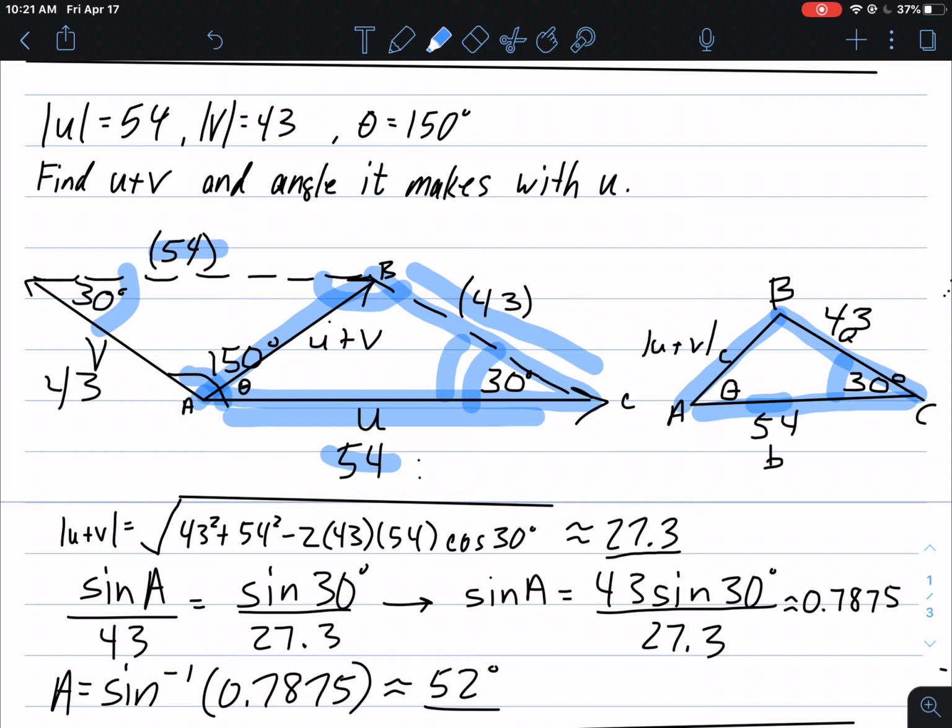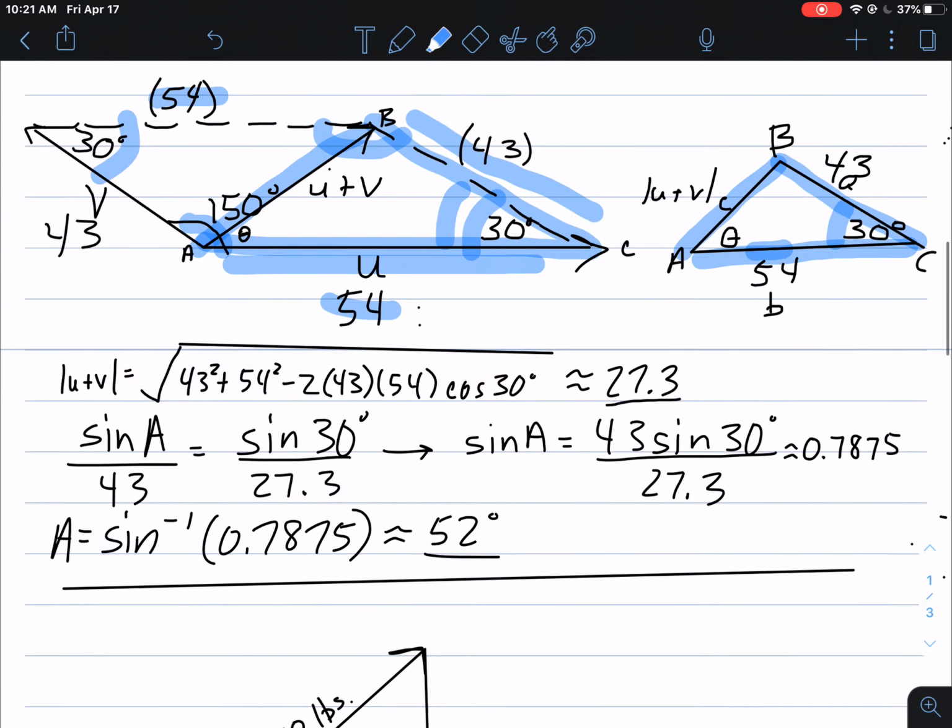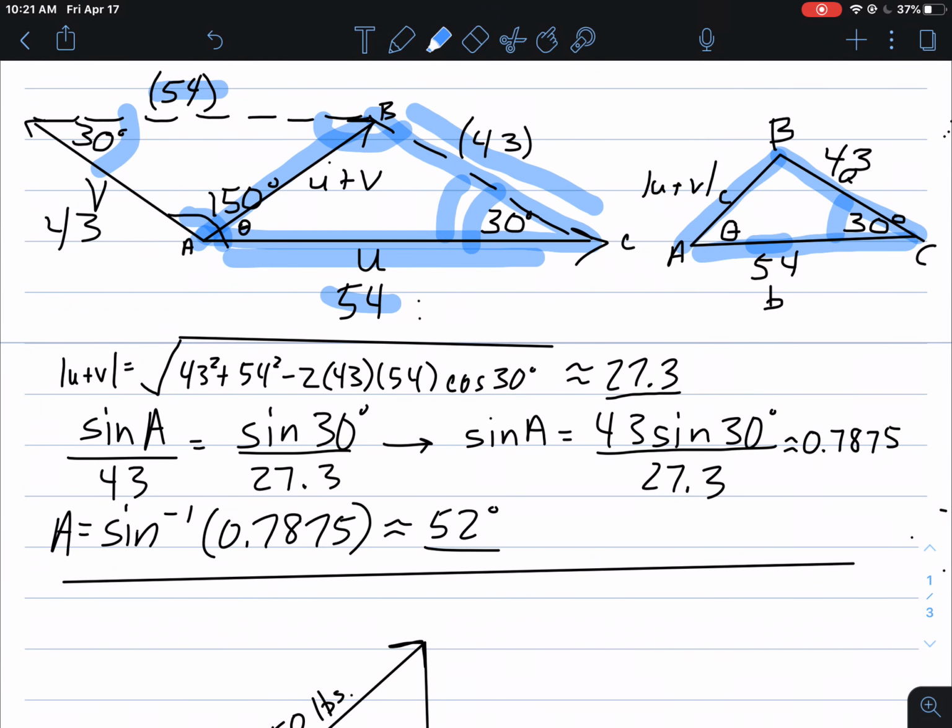With the SAS triangle, if I'm looking for that third side, that is an application of the law of cosines. Now, again, the length of the side is the magnitude of the vector. So the vector is u plus v, and the length of that vector is its magnitude. That's why I'm using that notation. So the magnitude of u plus v, the length of that third side, is, again by the law of cosines, the square root of the sum of the squares of the other two sides minus twice their product and the cosine of the included angle. All right. So we plug that in, and you should get approximately